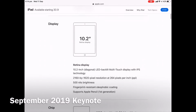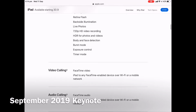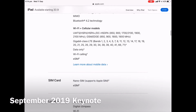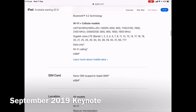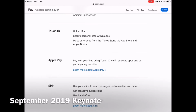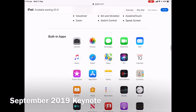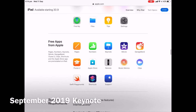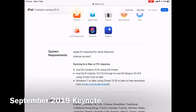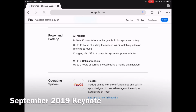So it has a Lightning connector. It would be nice to see it with USB-C, but that maybe costs a bit too much, and they're trying to make this a cheap-end iPad. It has Bluetooth, Wi-Fi, SIM card, and supports eSIM, sensors, Touch ID, Apple Pay, Siri, battery life. It comes with iPadOS, apps. Sync to Mac or PC, that's the system requirements. And we'll go order, just to see what...